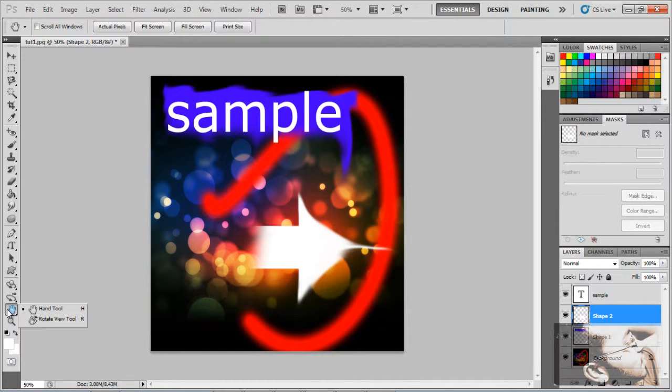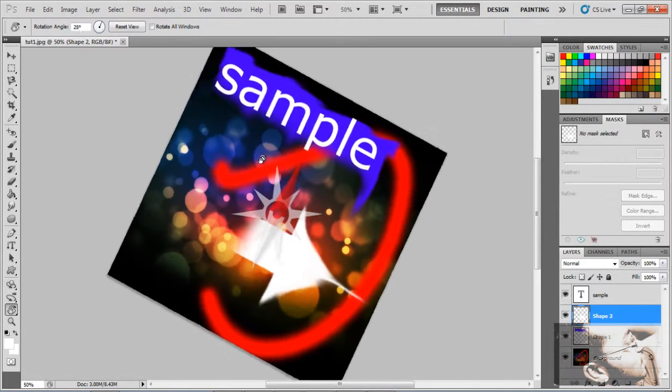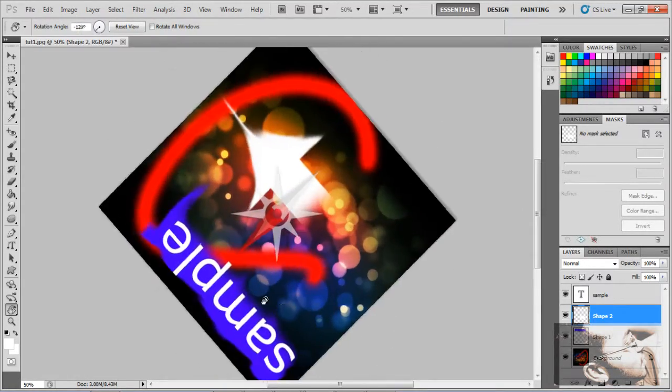And this is a hand tool. Spacebar is the default keyboard shortcut of hand tool. In hand tool you can see rotate view tool. Rotate view tool is used when the artist draws, an artboard can be oriented in many ways. He can change its orientation according to his